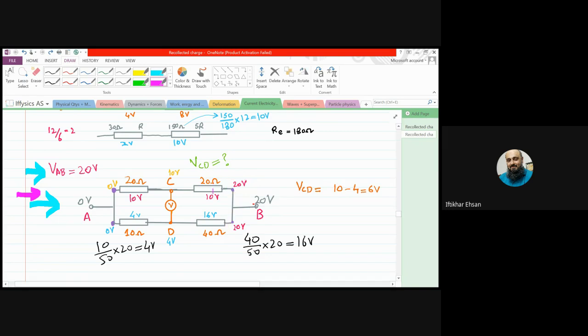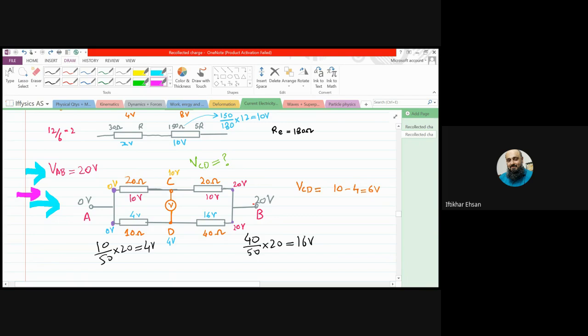And if this consumes 10 volt, after consuming 10 volt out of 20, we will be left with 10 volt at point C, right? 10 volt will be consumed here out of 20, so 10 will be left. Then this again consumes 10 volt out of 10, and 0 will be left. So it means at this point, all these points, the voltage will be 0. So mathematically, we go from 0 to 10 as 10 volt, plus 10, 20 volt is consumed out of this 20, and we get 0 as the result, right? Clear?